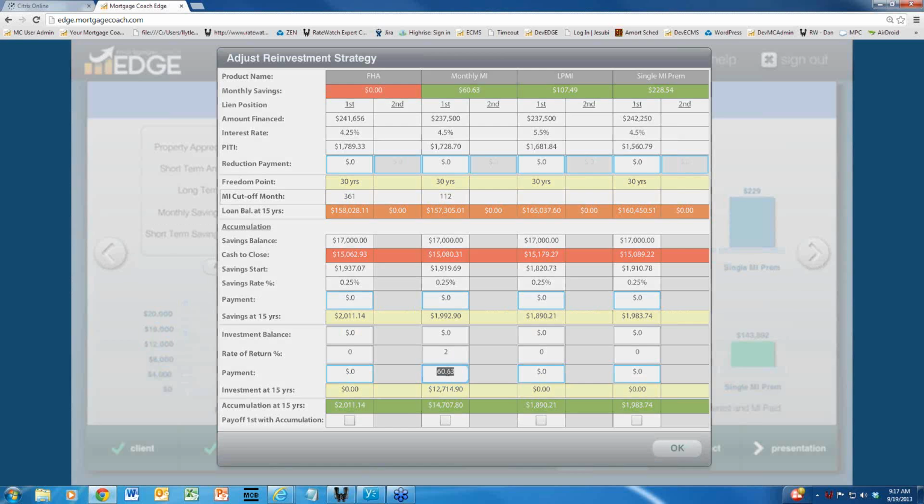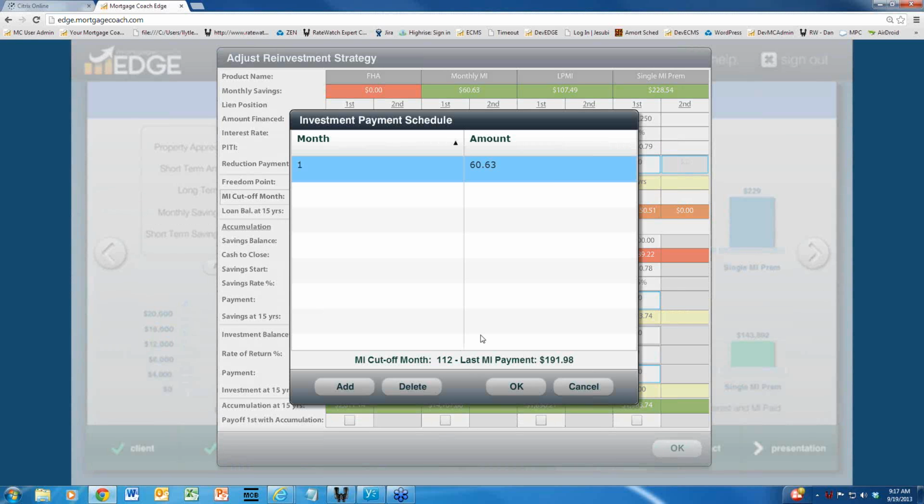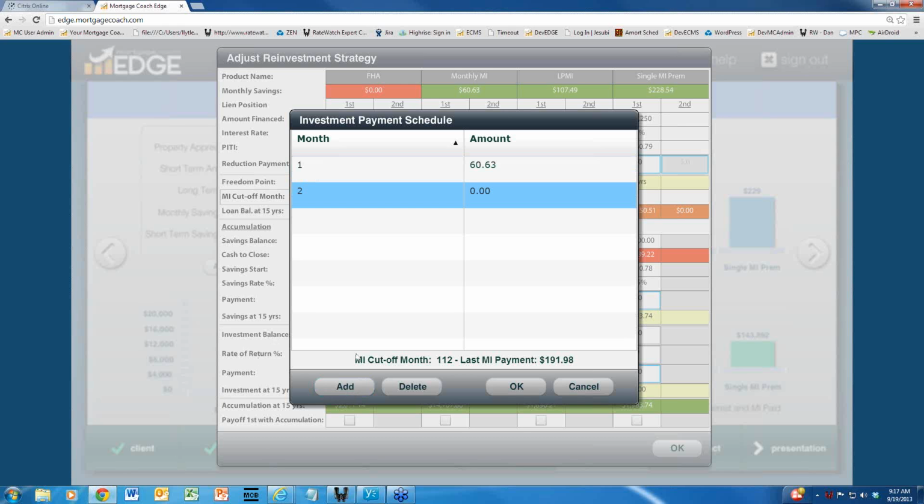But I'm going to double click on that field, which opens up into a pop-out. And what I want to do is, besides doing that $60 each month in their savings, I also want to be able to reinvest their mortgage insurance back into the loan once it has dropped off. And what you'll see at the base here is that at the 112th month, the mortgage insurance is dropped from the loan. So what I'll want to do is go ahead and add a new line item,